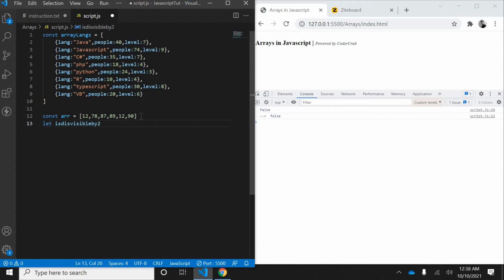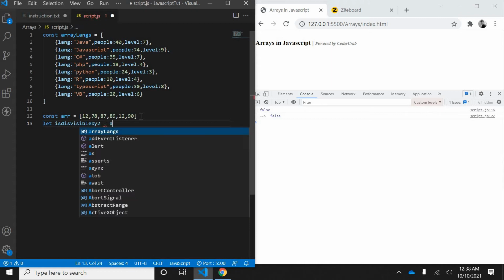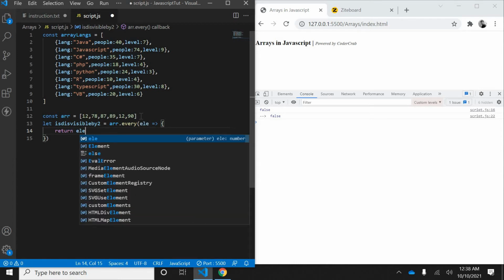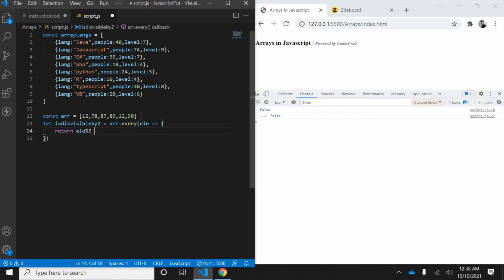by 2, arr dot every. So it will check whether every element in this is divisible by 2 or not. That logic I will write here. Return element modulo 2 equals 0. Okay, so let's see.